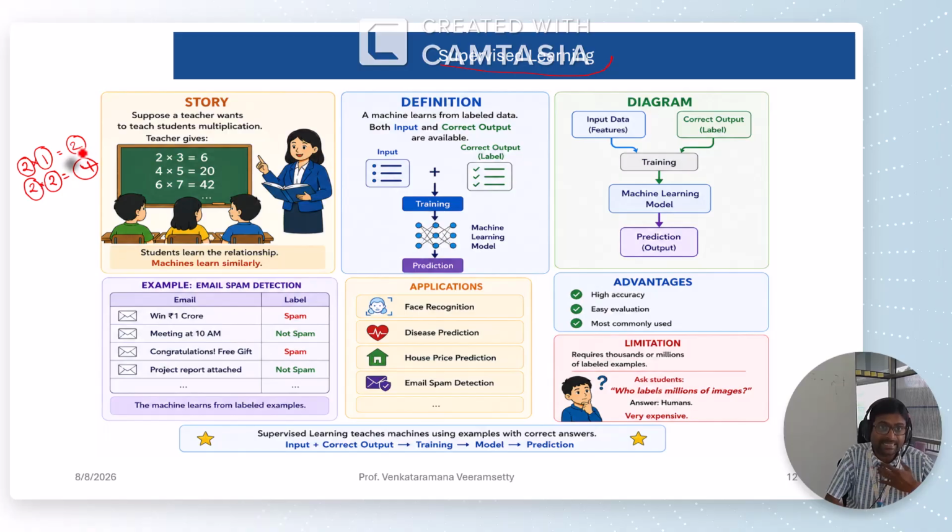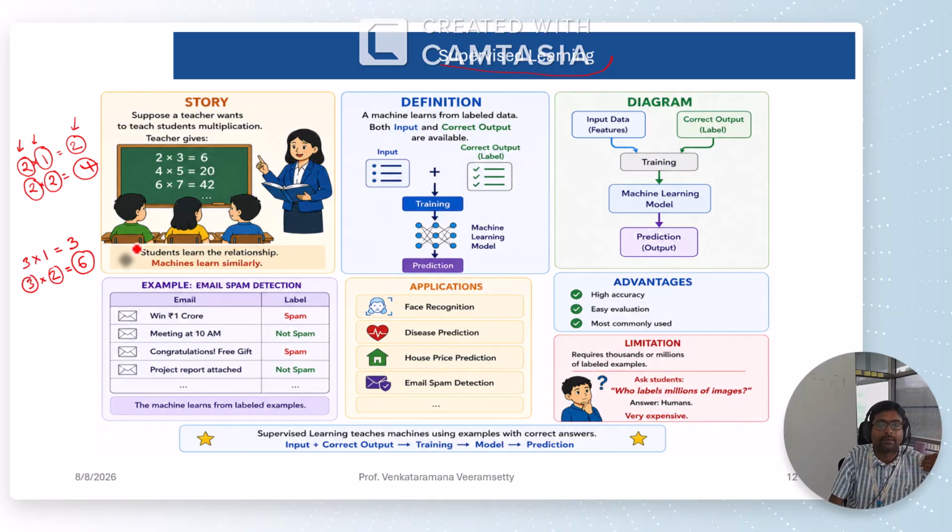That means my teacher gave both digit 1 and digit 2, and also gave the answer, or output, or correct value. So that's how I learned. My teacher told me, 3 is one number, multiplied by 1, another number, you get the correct value 3. 3 is one number, 2 is a second number. If you multiply these two, you get the output 6. So he gave both inputs and also the correct output while explaining